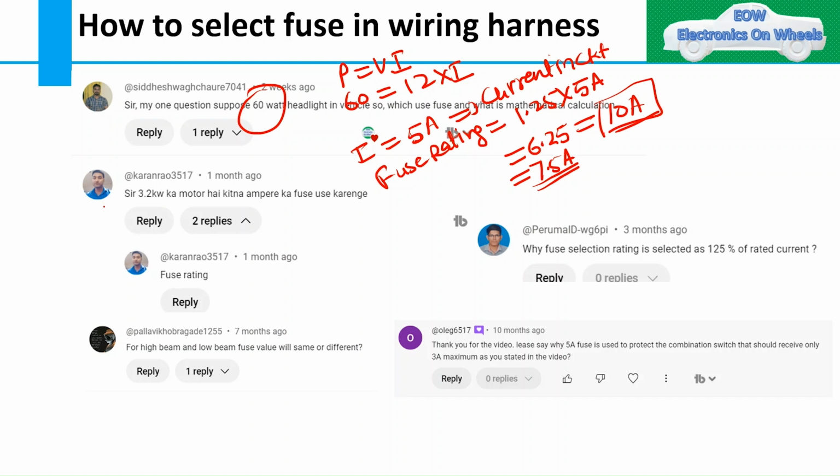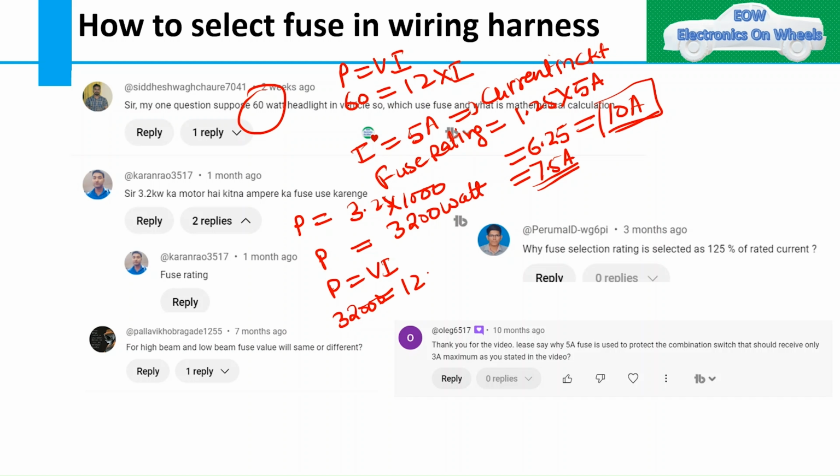Now coming to the second question, that is 3.2 kilowatt of motor. So your power would be 3.2 into 1000, I'm just converting into watts. Then the same formula we will apply, P is equals to VI. So 3200 is equals to 12 into I. So I is equals to,